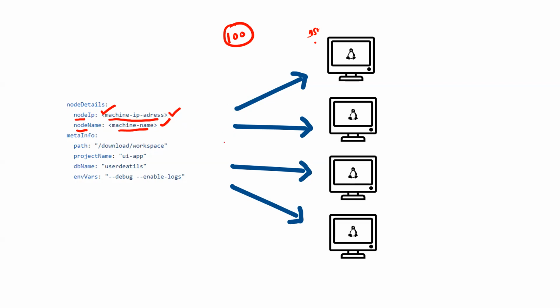If I want to do it for 4 to 5 machines, I can do it manually in a very easy manner. But if I want to do it for a bunch of 100 machines, or even more, then it will be really difficult to do it manually. That's where we can use some kind of automation. For this, we can maybe use shell scripting, where we execute commands to get the node IP and node name, and then we can replace them in this configuration file, and then we can copy